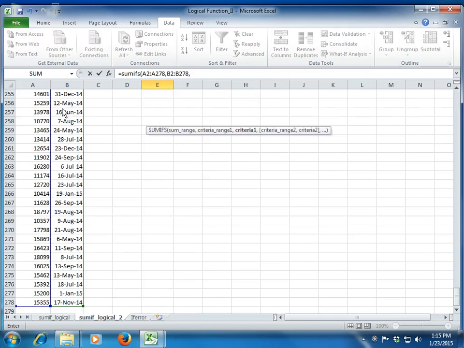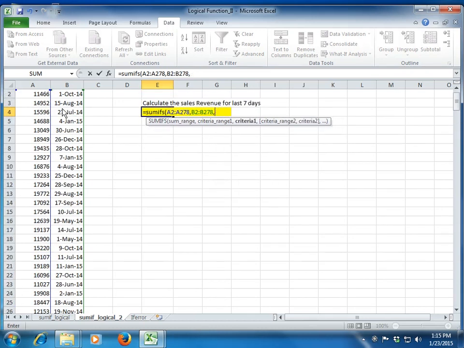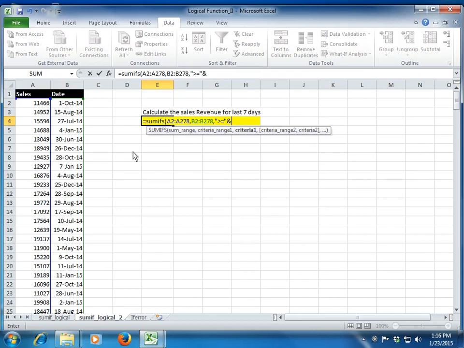That is the date. Now comes the tricky part. So what is my first criteria? My first criteria is that this date should be greater than or equal to today minus 7, right? Whatever is today's date. So I say, within inverted commas, greater than or equal to, and today. If I want to calculate today's date, I can simply write a formula in Excel like this. Again, don't worry about this TODAY function. We will study it in detail when we study the date functions. For the time being, just remember that in Excel, whenever you write TODAY and two parentheses, Excel will give you today's date, right? So I am saying today minus 7.